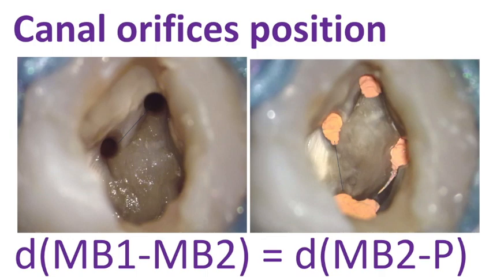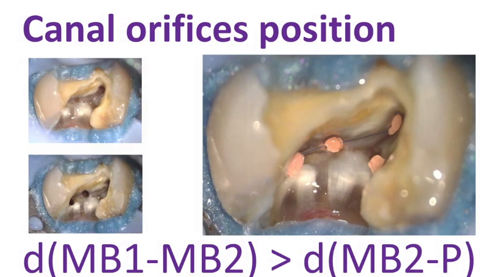If you look at the geography of the pulpal floor, it is very unclear. Here you can see the difference: the distance between the MB1 and MB2 is greater than the distance between the MB2 and the palatal. So the MB2 is very close to the palatal, and we have to search for the MB2 at this point. And even in the shaping